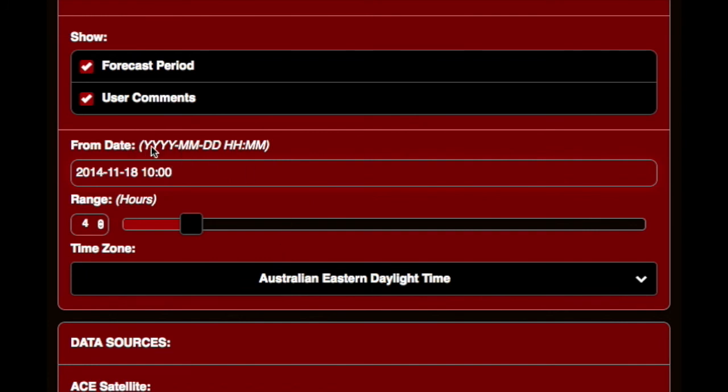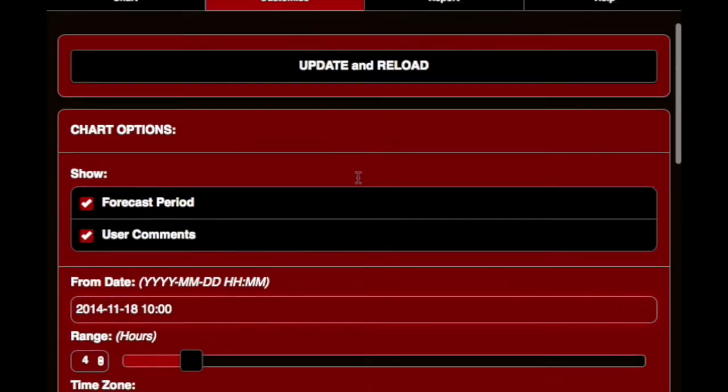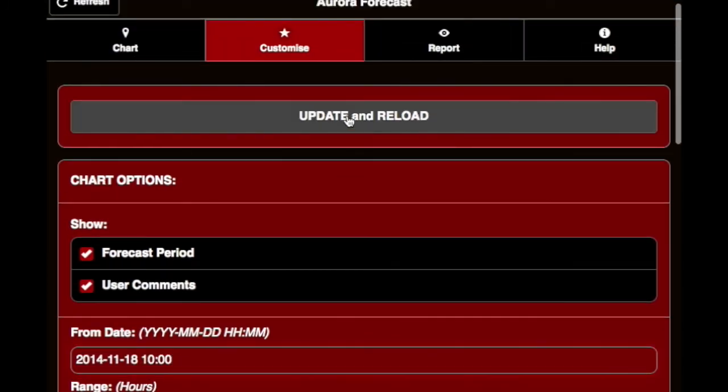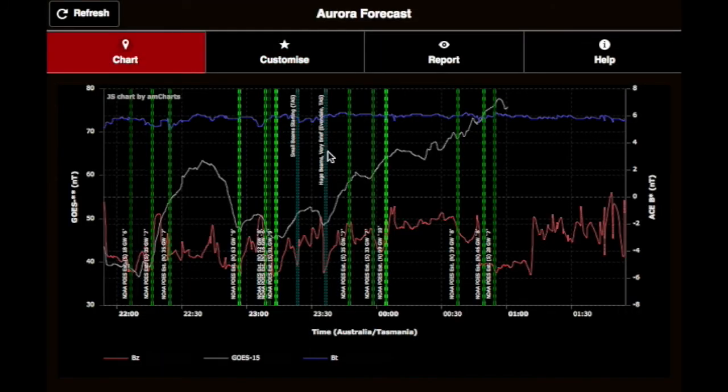Now it's useful to keep in mind that the time here is in UTC. So 10 o'clock that I'm placing here is 10 o'clock in the morning UTC, which is roughly 11 o'clock at night Australian time. So we can see here we're looking at what occurred roughly on the 18th. So this particular evening there was actually some activity going on,